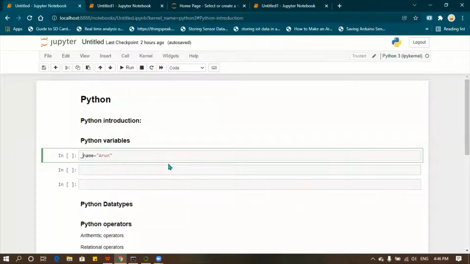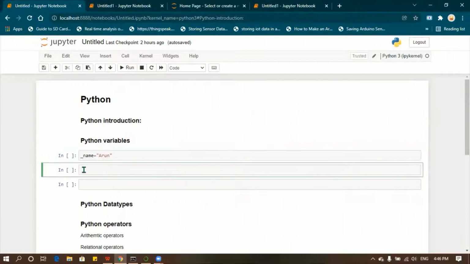You can start your variable name either with the underscore symbol or with alphabet characters. That is the first rule. It should not start with a number, and it should not start with any other symbols. You can use numbers in your variables, like number1. The numbers can be used in the middle of the variable or at the end of the variable, but it should not be the first character. It should not be the starting of the variable name.